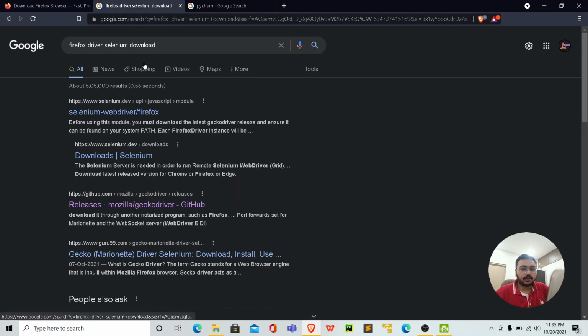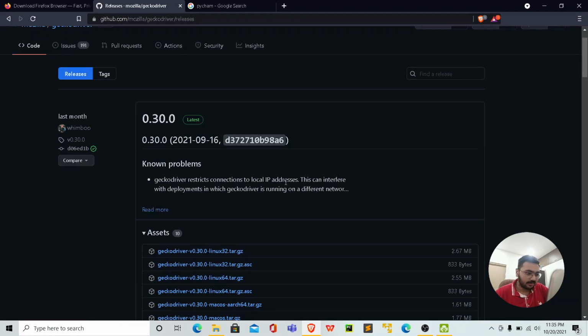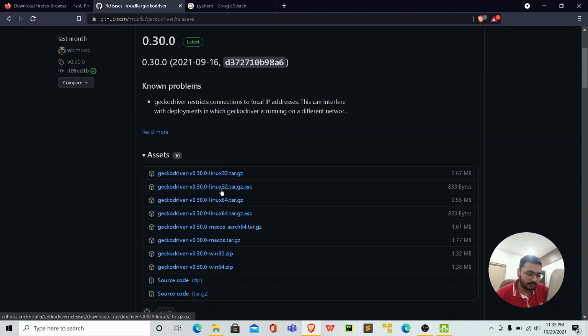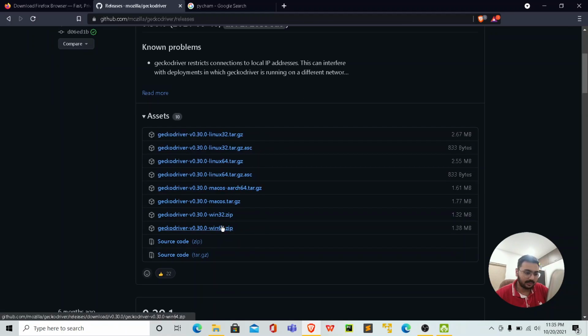After that you will have to download the WebDriver for Firefox, that is basically the Geckodriver, from this GitHub link. I'll provide all of the links in my description. From this first series, if you are using Linux, you will have to go for the tar file, and if you are using Mac, you'll have to go with the macOS tar file. And if you're going with Windows, you have to download the 64-bit zip file, most probably if your machine is